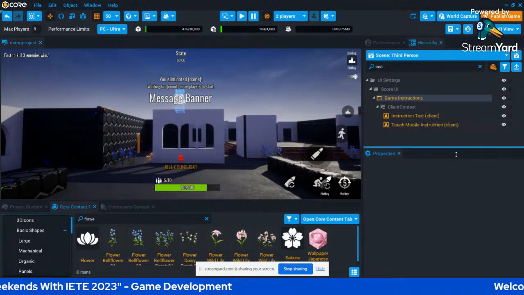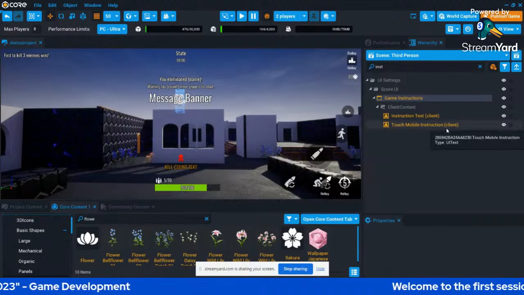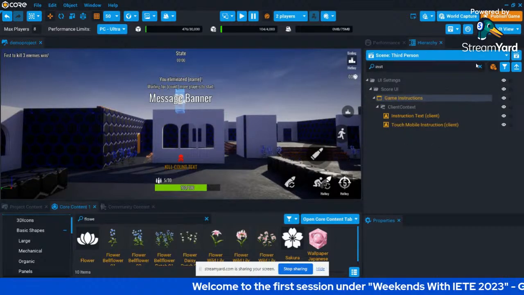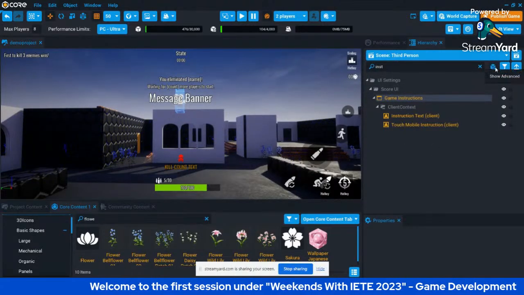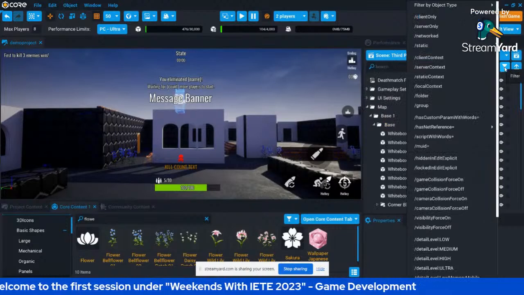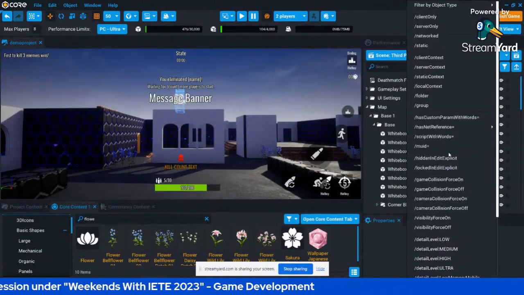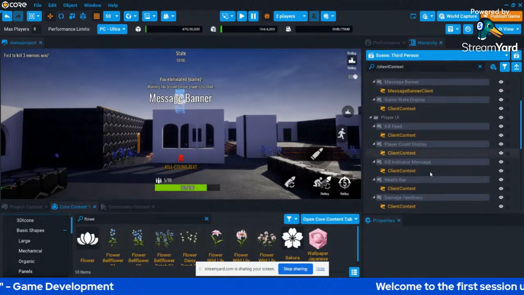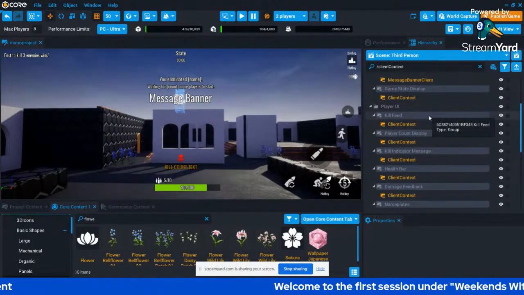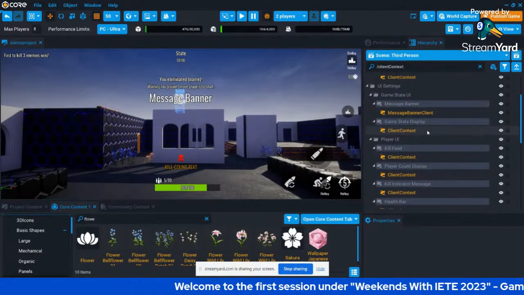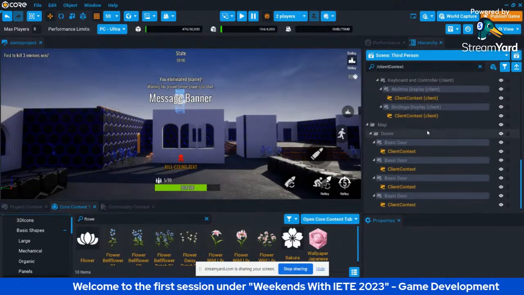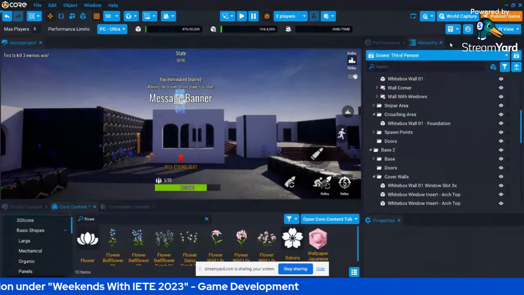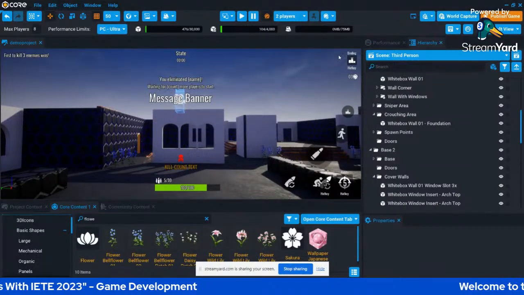Now you can see that there are various options given for mobile touch instructions and instruction text. These are the features that you're going to give to your client. So you can simply sort out. There are various advanced options. If you want to sort it, it has various filter options, like you can go to the client context and see what all features can be provided to the client. Basically all the user interface will come under this: the kill chart, the points, door, maps. You can give XP to your players as you can see here on the screen.